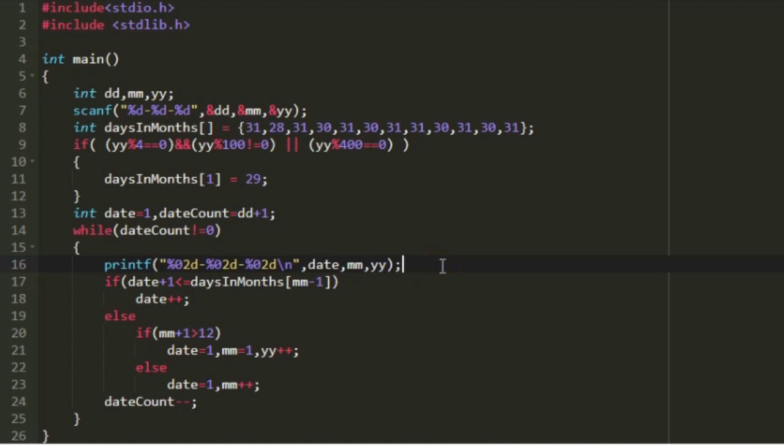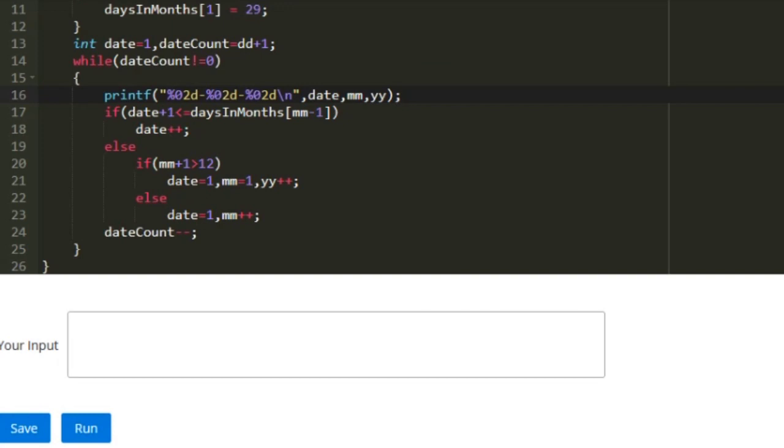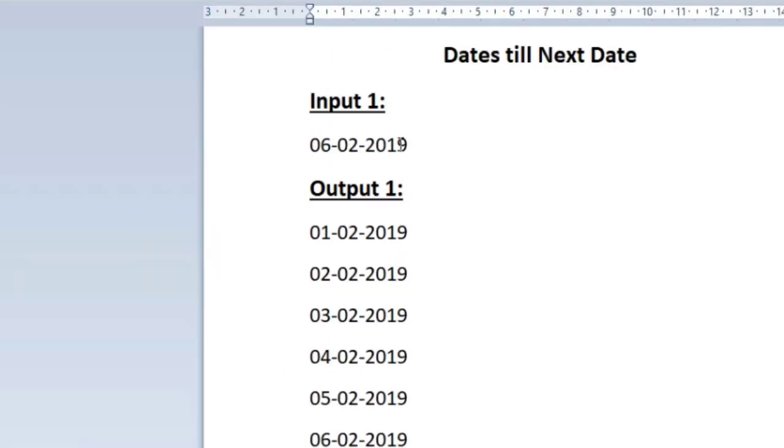While printing the date, month and year in every iteration of this while loop, we are including the format %02d. What this does is, suppose the output date is 1, then as per the output format we should not print it as 1, we should print it as 01. So what this does is, if the integer has less than 2 digits, it appends 0 at the beginning automatically. This is the reason why we are including it for date, month and year. So we will get our output in the exact DDMMYY format.